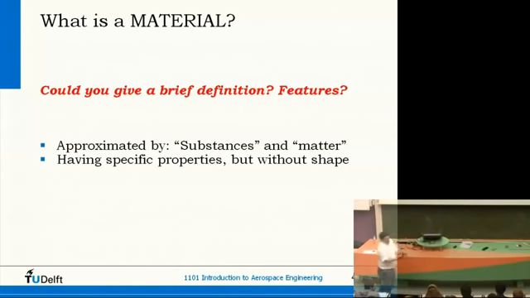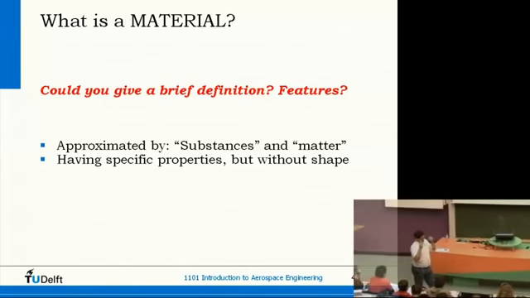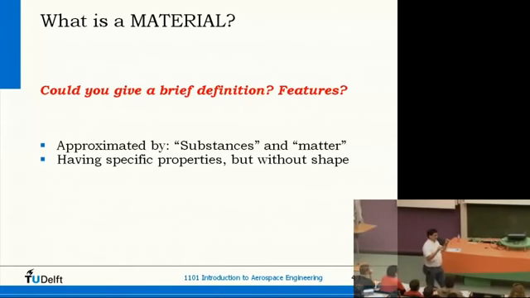Of course, a matter always has at least some dimensions, but the idea is that if you talk, for instance, about density of a material, however I make the size smaller and smaller, the density does not change. The density remains the same, even if I have a very micro small portion of a material, it still has the same density. If I have to calculate the weight of a structure,